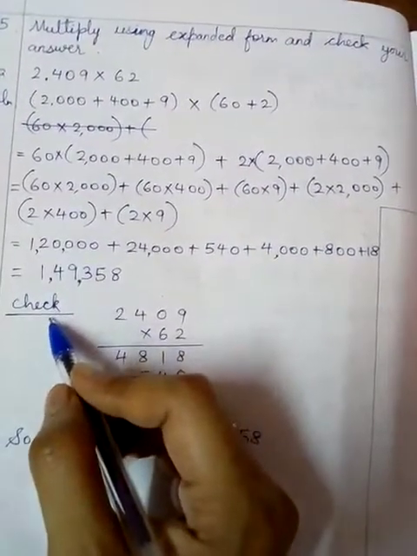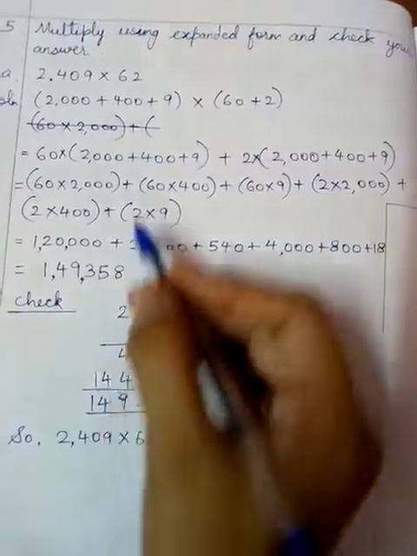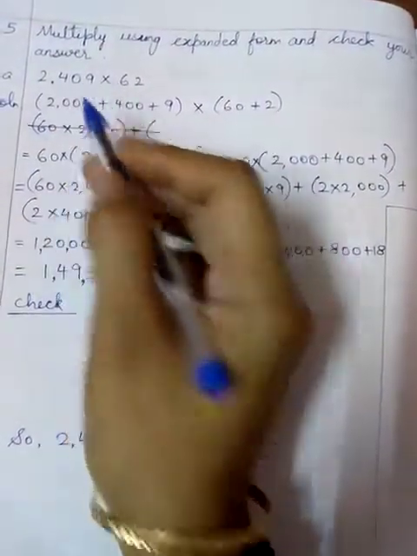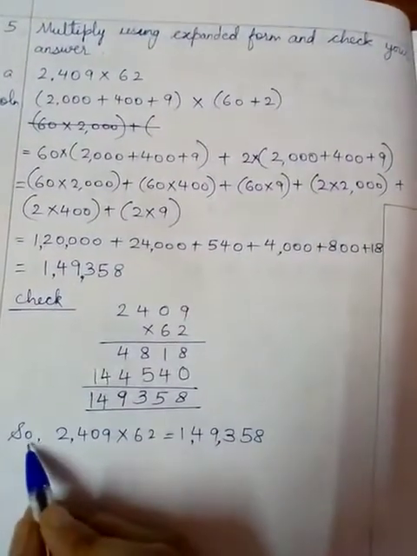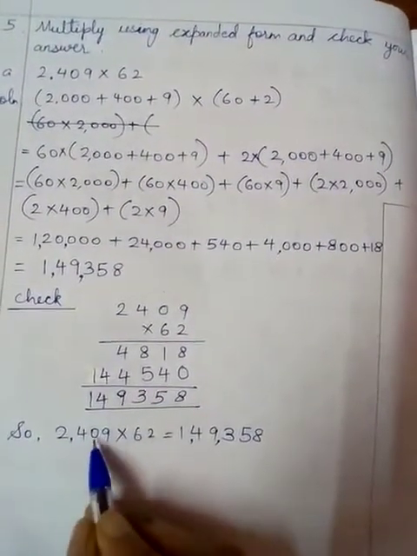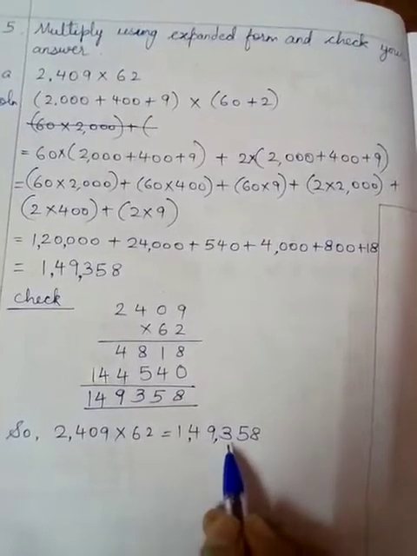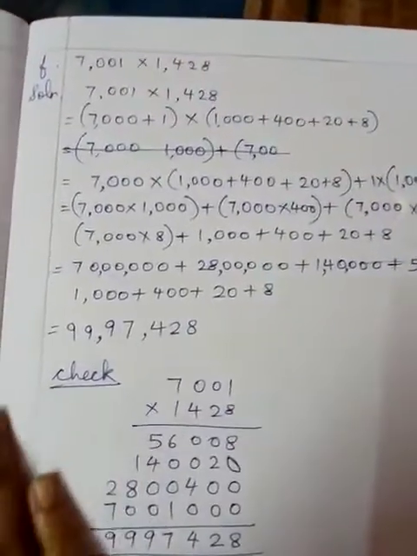Now we have to check also whether the answer is correct. So we will find the product with the normal multiplication and check that our answer matches. We will write, so these two, multiplicand and multiplier, give this product. Moving to the next part, that I have done, F part.